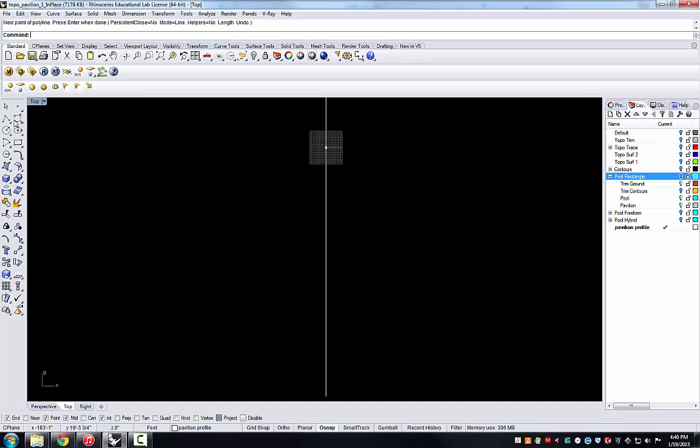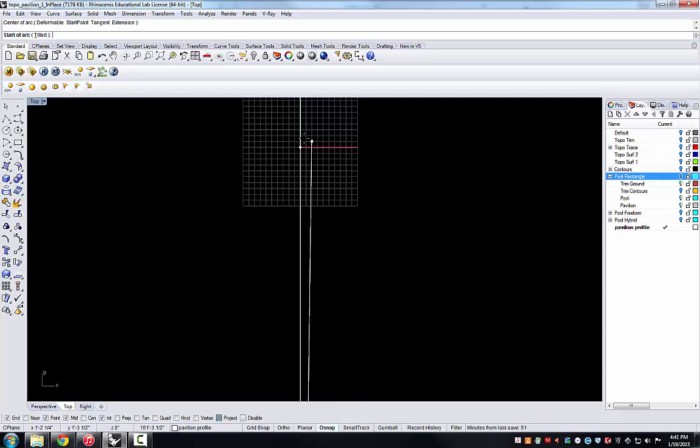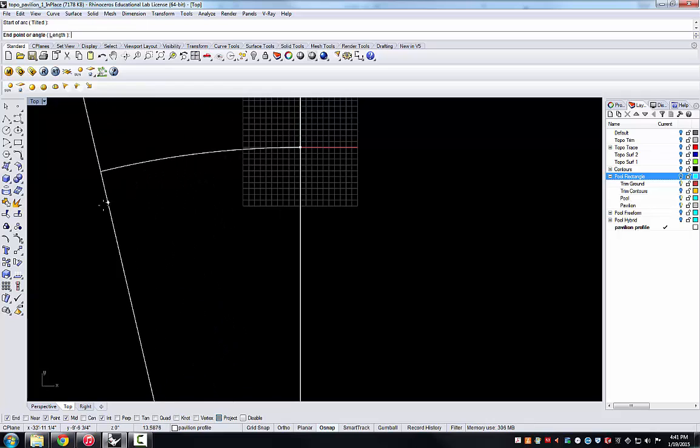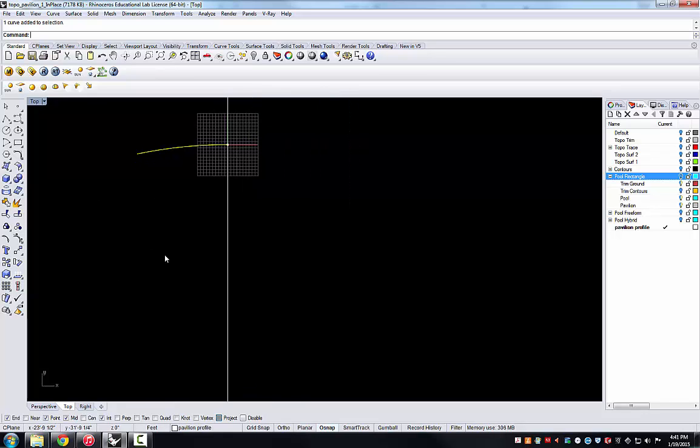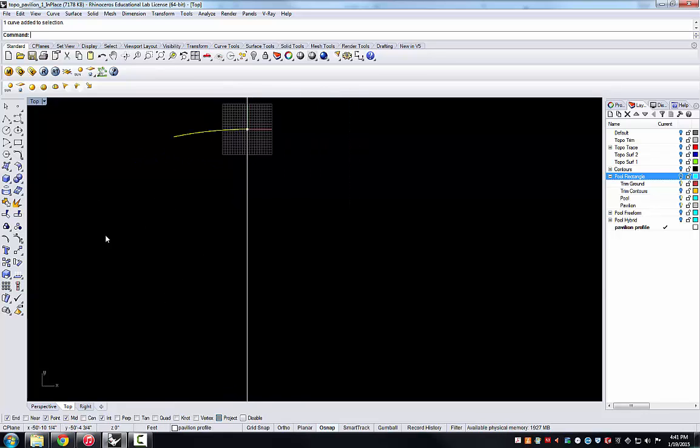And we'll use this line to create two arcs. The first one we'll make will be a 30-foot arc, starting from the bottom of that line back to the origin. The arc command is initially looking for a number of degrees of the arc. Instead, we're going to give it an arc length of 30 feet. And we're going to take this first 30-foot arc that we've made, and we're going to mirror it